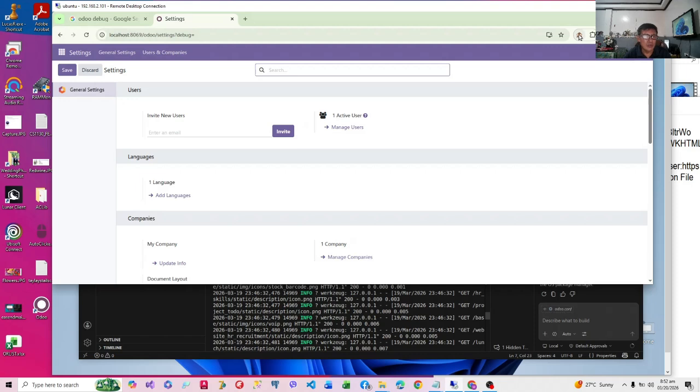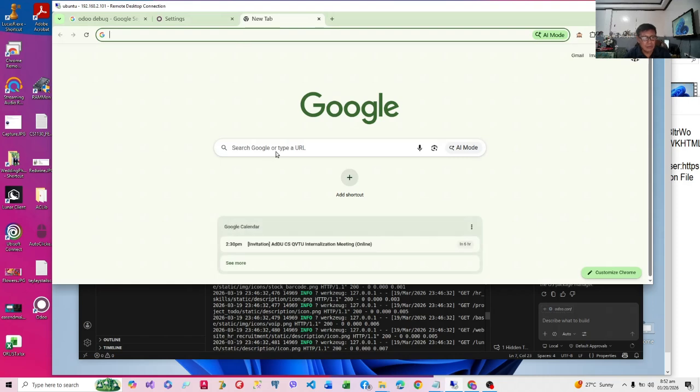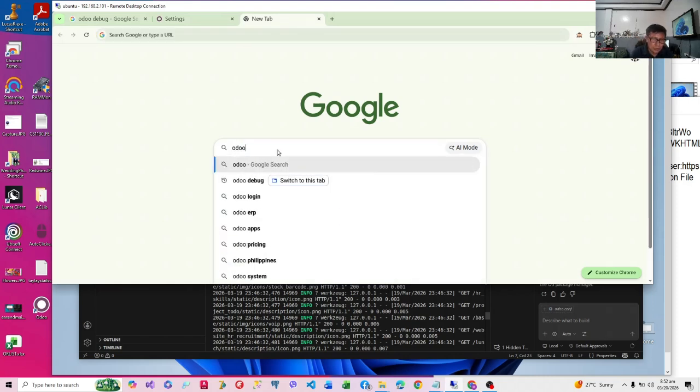Okay, so we have to go into debugger mode in order to install third-party apps. In fact, I think we need to stop the server and download the necessary theme. Now, where do we install the Mac theme? Where do we get the Mac theme? We can Google it. We'll say Odoo Mac theme.